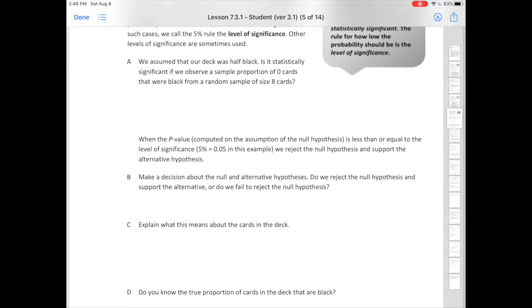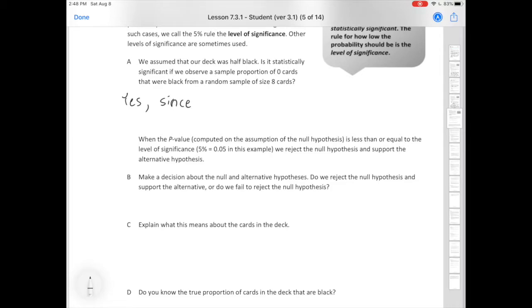So we assume that our deck was half black. Is it statistically significant if we observe a sample proportion of 0 cards that were black from a random sample of 8 cards? So the answer is yes,